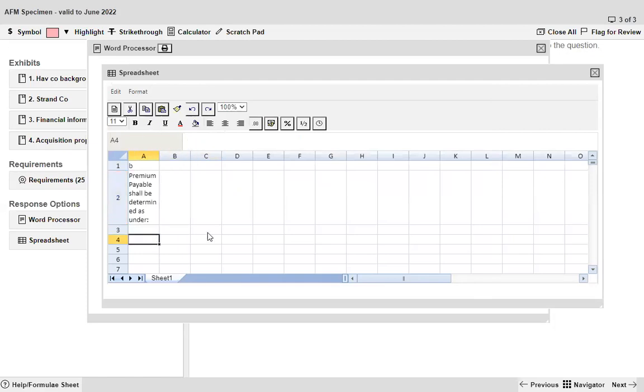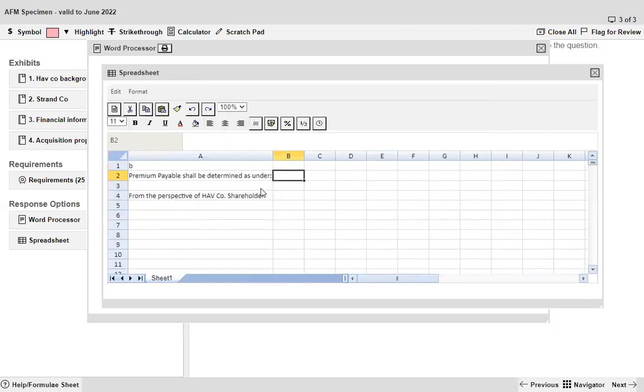Now, from the perspective of the Have company shareholder, what is actually going to happen is that